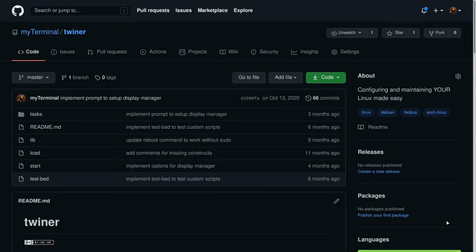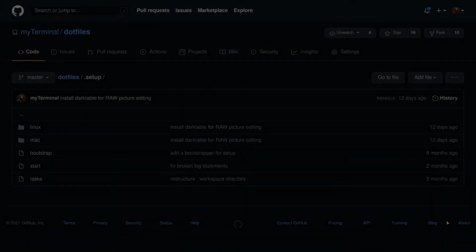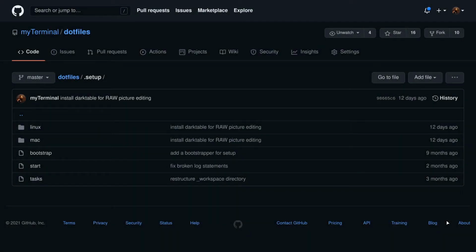on the command prompt. Now that we have a running Linux system, we can bring in my custom setup scripts and set up the rest of the system with a little help from Twiner. All that we need for this step resides under here, and fortunately with all the scripts arranged as an independent bash program, we'll only be running a single command and the scripts will take care of the rest for us. After the process is complete, we'll have a system that will very closely resemble my primary Linux installation.